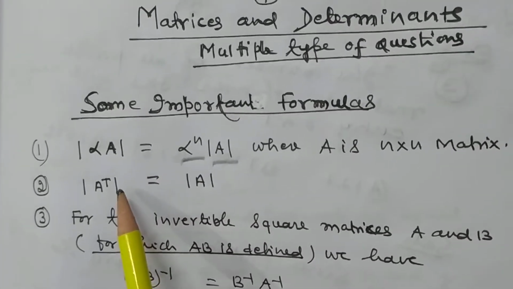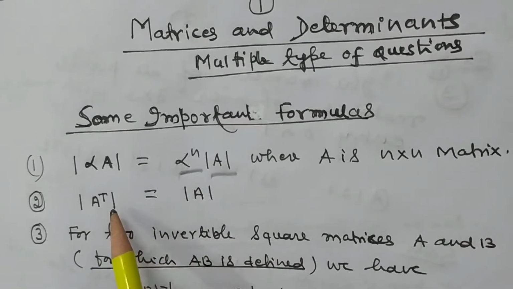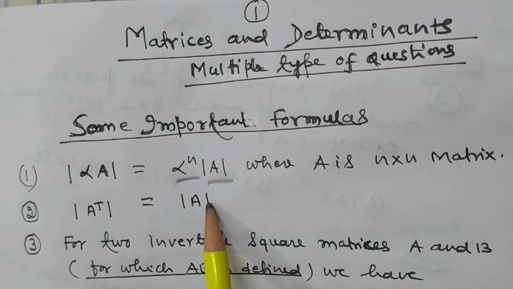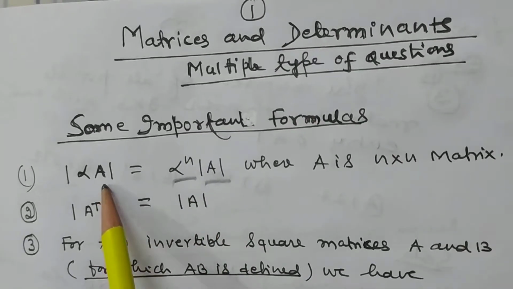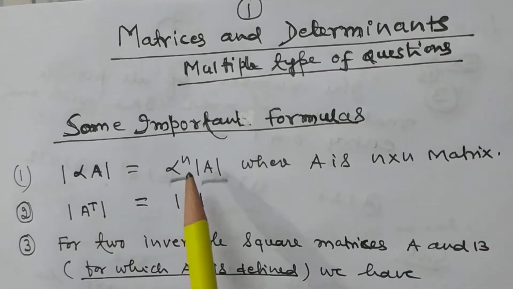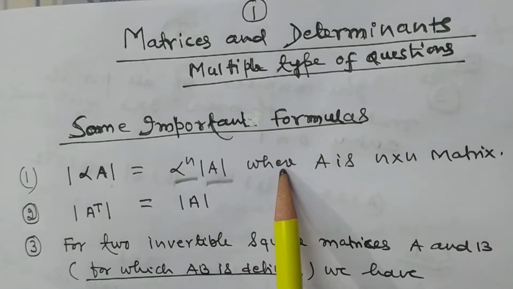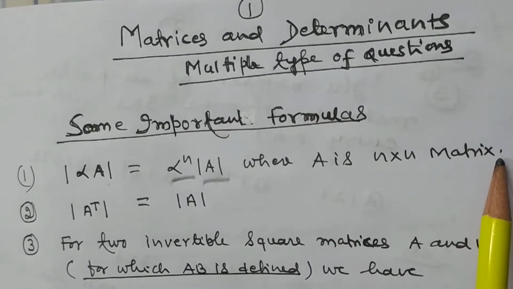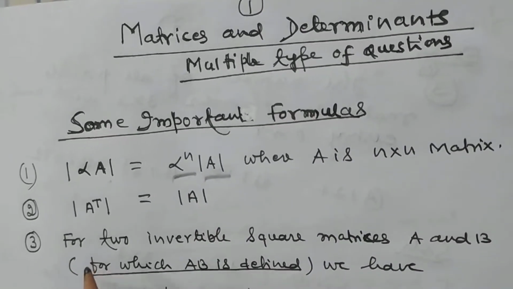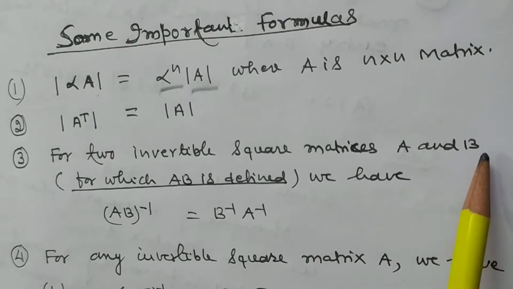Now the second formula is mod of transpose A. Determinant of transpose A is equal to determinant of A. It is determinant, not mod. Determinant of alpha A is equal to alpha to the power n into determinant A, whereas A is an n by n matrix. Now, for two invertible square matrices A and B,